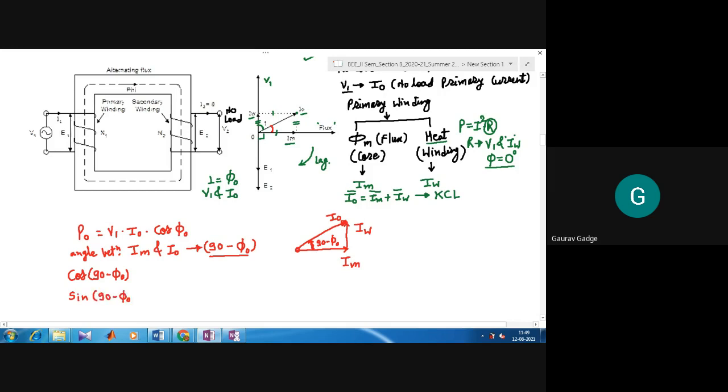We have only the last two lectures left, so I expect that the students will answer this particular question so that we can have the interaction. Can anyone tell me the trigonometric formula for cos of 90 minus phi naught and sine of 90 minus phi naught? Anyone? Okay, now cos of 90 minus phi naught is, I think, opposite side upon hypotenuse or adjacent side upon hypotenuse.